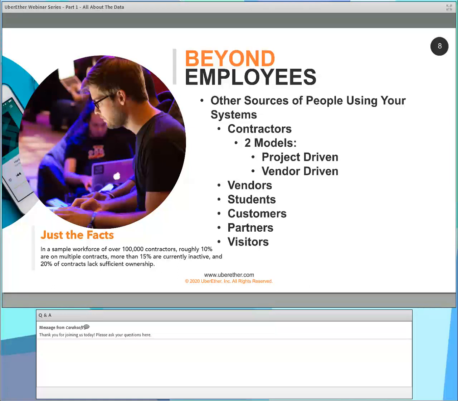And as you can see, for contractors, about 10% are on multiple contracts at the same time, and managing their access across multiple contracts gets difficult as well. And then most organizations we go into, 15% of the contractors that are active in their Active Directory are no longer assigned to active contracts and should be disabled. And then 20% of those contracts, the contracting officer or the contracting officer representative don't actually work for the organization anymore, or their accounts have been disabled, or they've moved on to new positions where they don't run those contracts anymore. So back to that data quality that we talked about in the data governance teams,